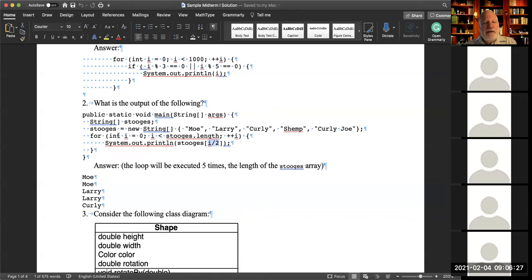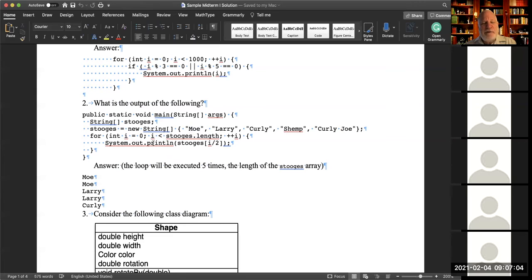Even though the loop was iterating over all of the length of the array, which was 1, 2, 3, 4, 5, it would execute 5 times. The first time it would be 0/2, and so that would be the 0th one. The second time it would be 1/2, which is also 0, and that would give again, this guy here.